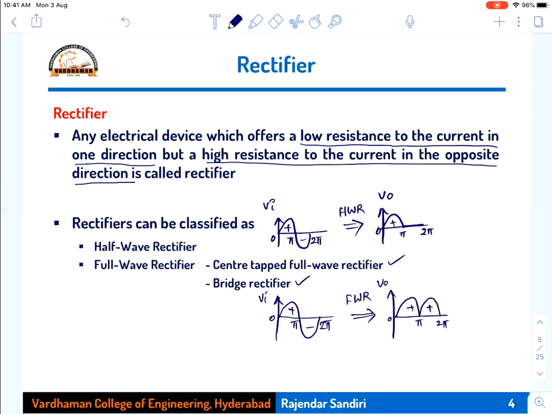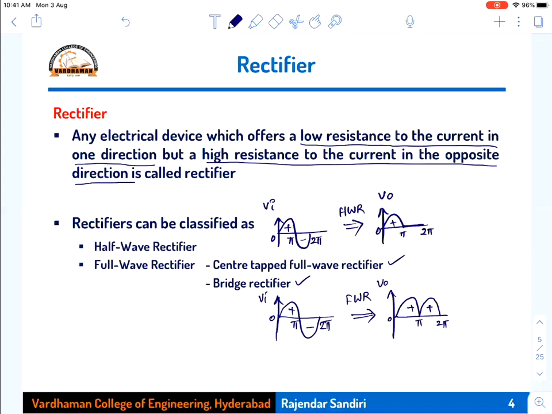Whereas a bridge rectifier does not contain a center tapped transformer. Instead, it contains four diodes, where two diodes will be on at a time and the other two diodes will be off, and it changes accordingly for the different half waves of the input, positive and negative, so that positive will appear positive, and negative will again be transformed to positive. So the diodes make this process of converting negative to positive. The second half cycle also will be conducting. Therefore, that will be called a bridge rectifier. So a bridge rectifier consists of four diodes.